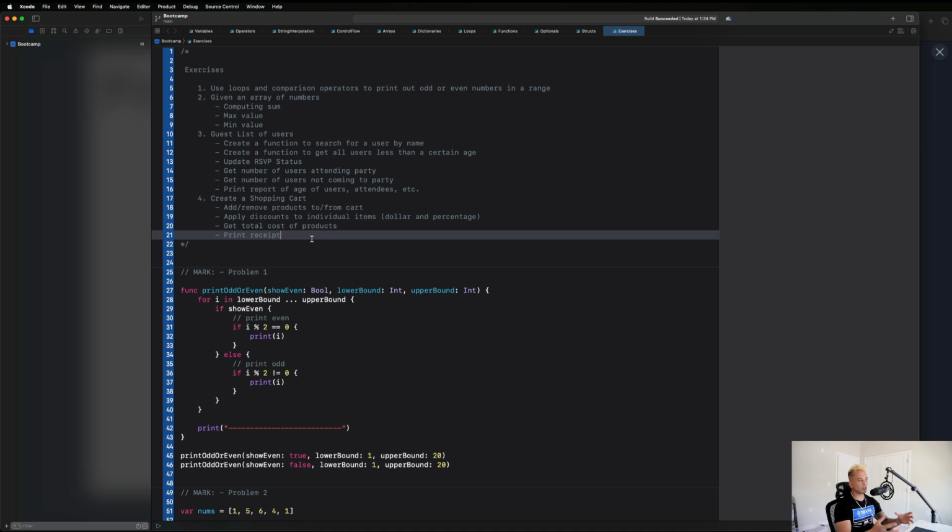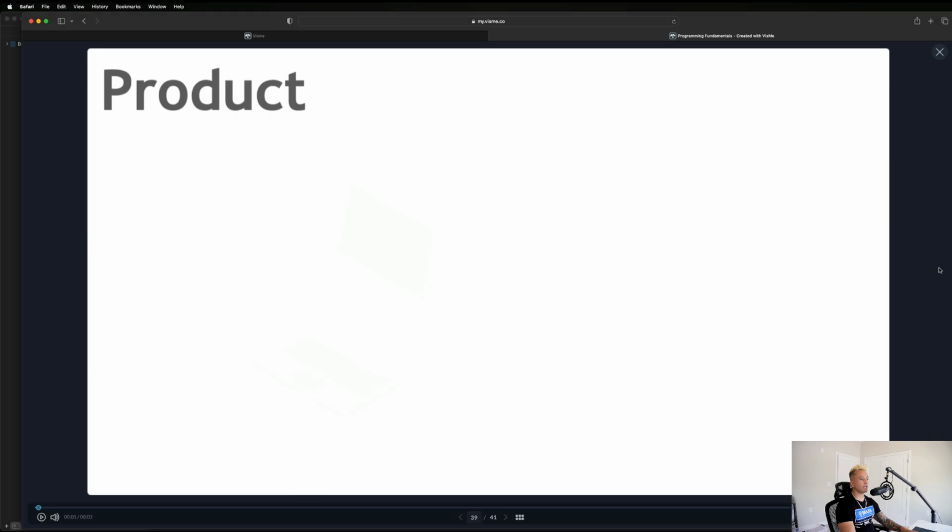And in terms of how we're going to solve this, guys, I have a visual breakdown of how we want to structure our data, but it's going to be very, very similar to our guest list problem, where we have an individual item and a list, another structure that is going to contain a list of those individual items. Before it was guests and a guest list. Now it's going to be a product and shopping cart. So before we hop into the code, let's go ahead and see what this is going to look like in a visual diagram,